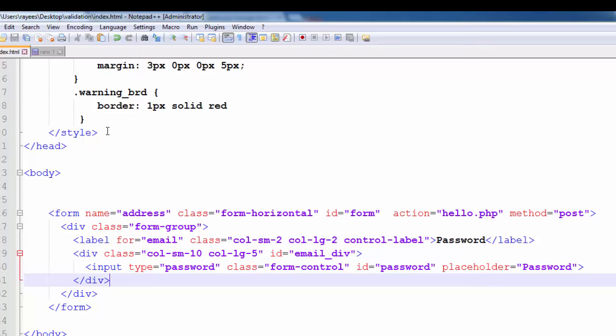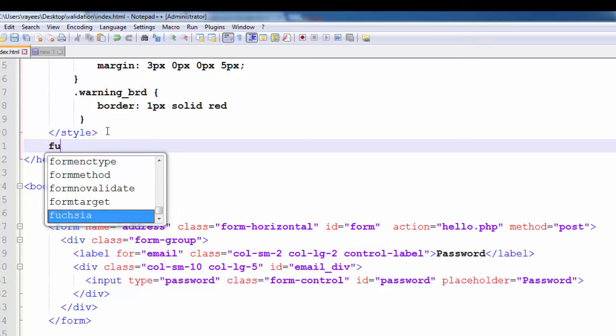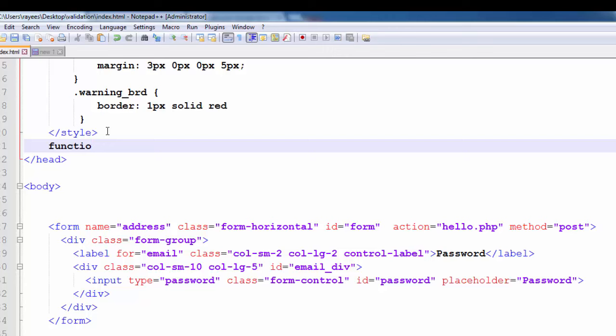Let's write some JavaScript code which will do that work of validating the password. Create a new function, sorry, first add the script tag,